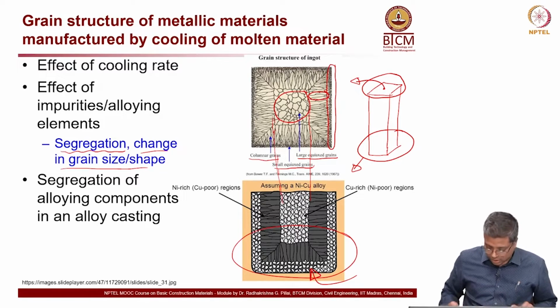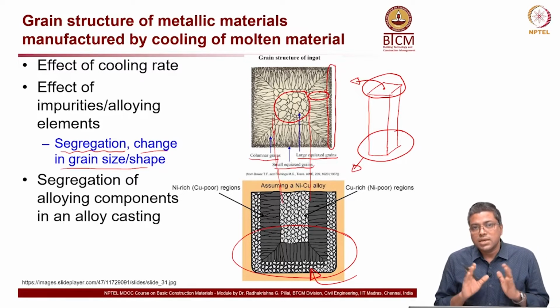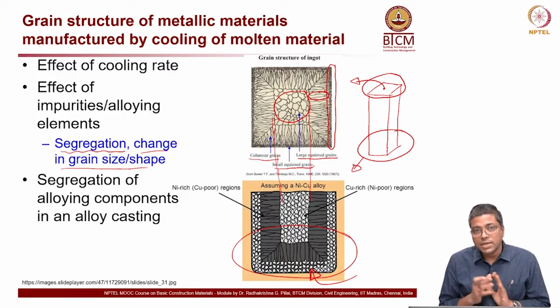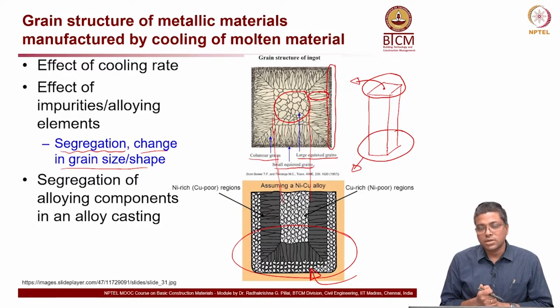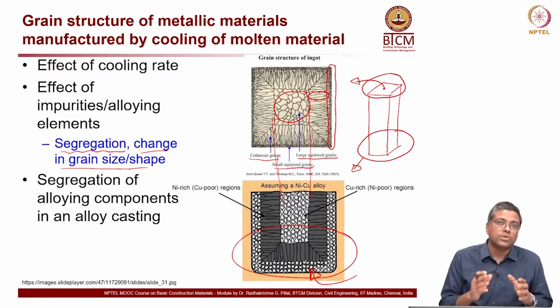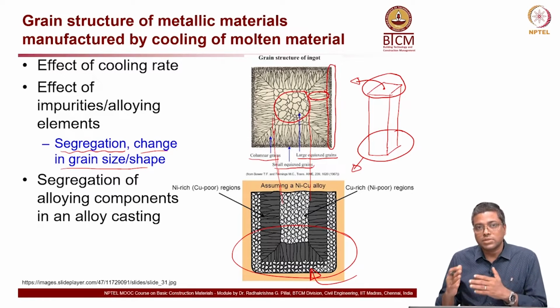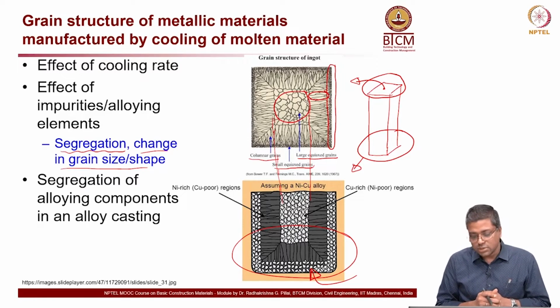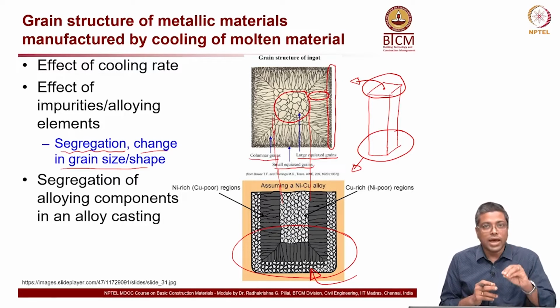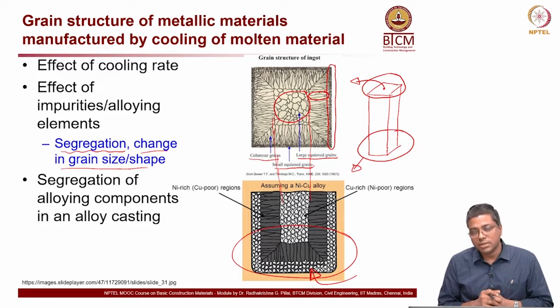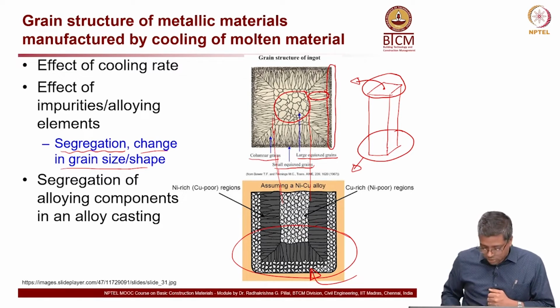distribution of the grains. So, the point is, near surface of the metal might have a different grain structure. As you go a little bit inward, you might have another grain structure. As you go a little bit further, you might have a third type of grain structure. So, this distance from the surface might influence the rate of cooling at a particular point inside the material, and that will influence the type of grains which are formed, or the size of grains which are formed in a